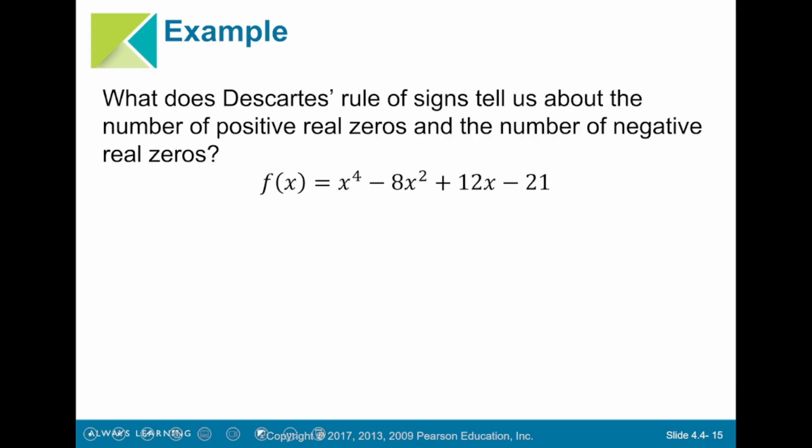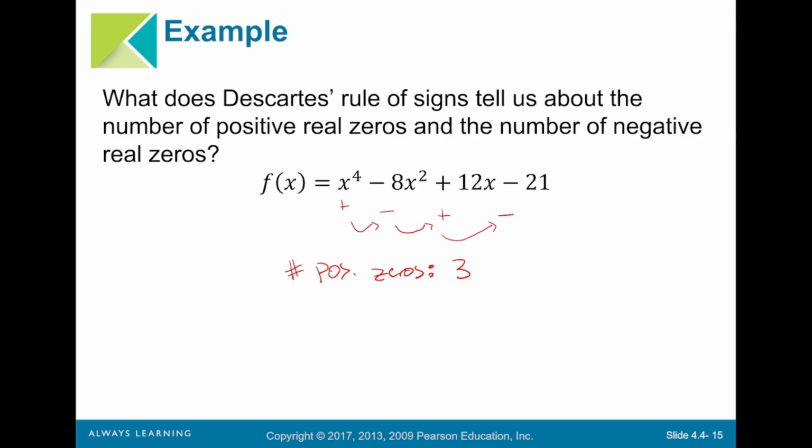Let's do another example. What does Descartes' rule say about this polynomial? Let's talk about its signs again. We have a plus, a minus, a plus, and a minus. That's quite a few changes. I have one here, here, and here. And so for the number of positive zeros,